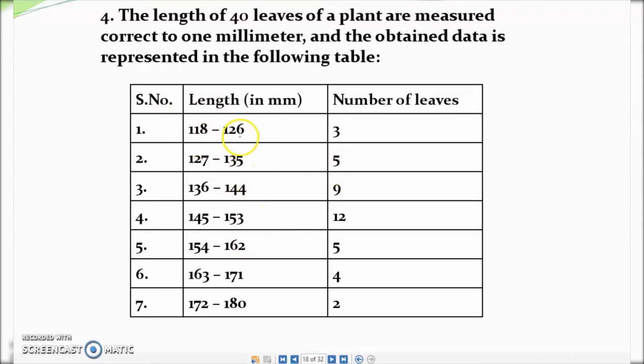Now here if you see, the class intervals are not continuous. Now what is the meaning of continuous? Continuous means if I have 0 to 10, the next interval should start from 10 to 20, and the third interval should start from 20 to 30 and so on. That means the number that is ending over here should start the next interval. That is the meaning of continuous interval. If you have continuous intervals, then only when you are plotting on the graph, it will come as a joint graph.